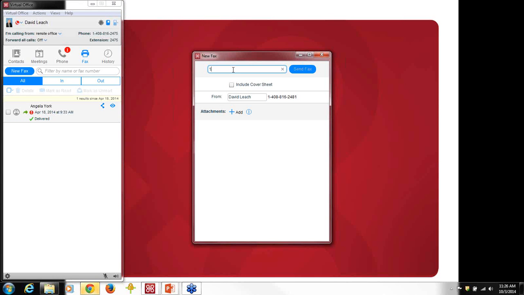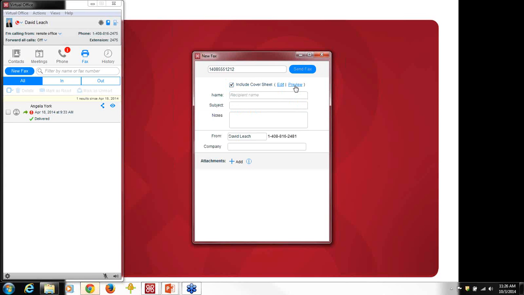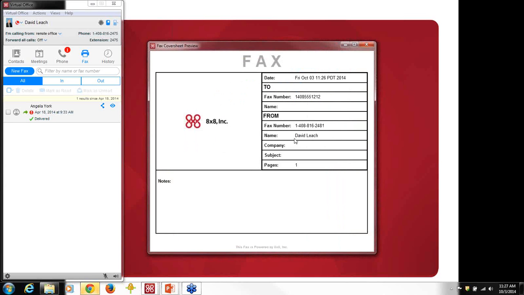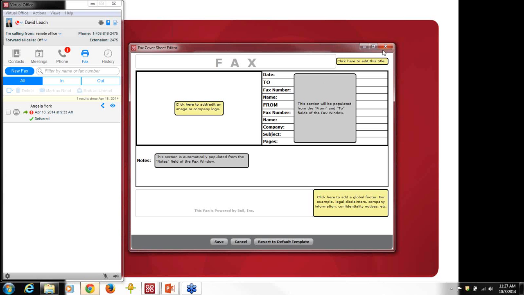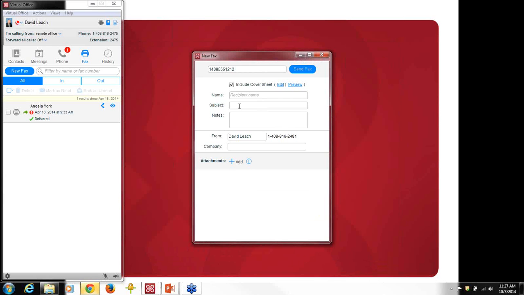Key in the phone number. I'm just using the dial pad or the keypad on my computer. And key in, I want to add a cover sheet if I want to see what my cover sheet looks like. These are all the details from my cover sheet. You would add your details in there simply by hitting the edit button. Key in all of your details, add your file logos, your phone number, what have you, and put the subject of your email, name of the recipient,